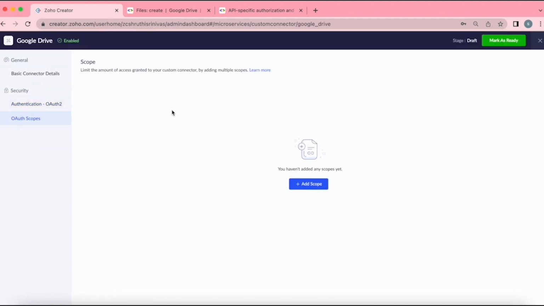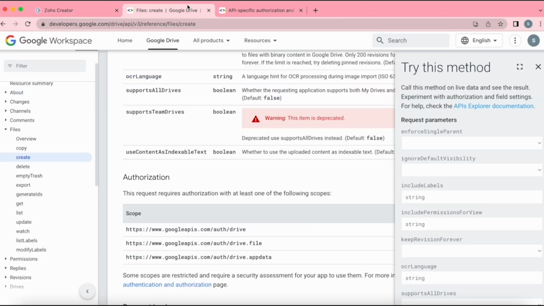And then we are going to authorize it. So once the authentication is done, we're going to authorize. We're going to limit what all the things that this connector can do. So I'm going to just apply one of the scopes,